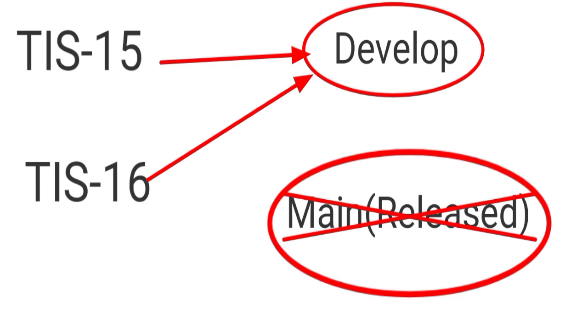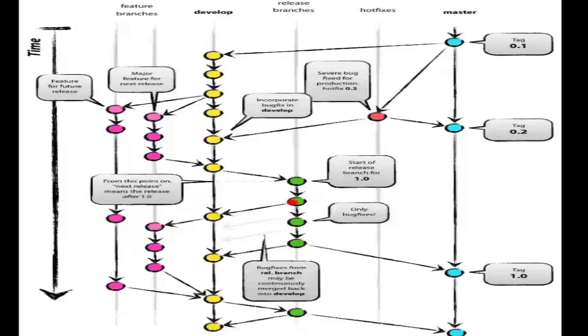What we can do is create a branch for a specific bug fix. We would branch off of the previous release. So branch off of it, suppose we have created TIS 30, and then we merge that bug fix into it, and then that release branch we will push into master.